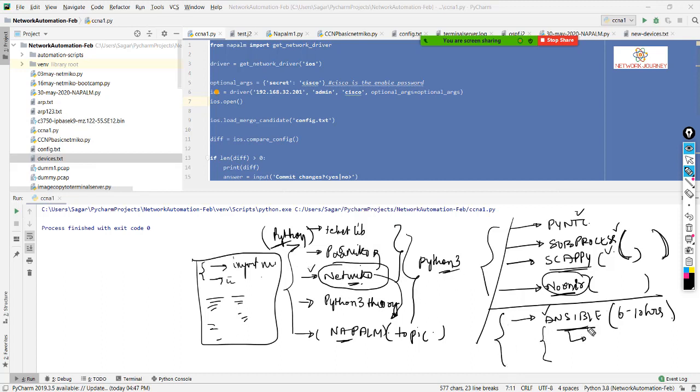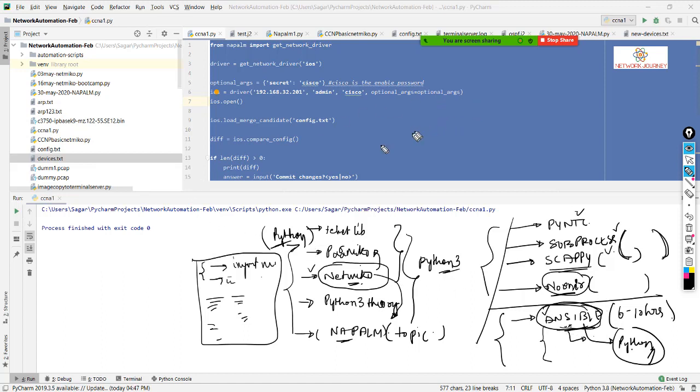Ansible on the other side is a completely different language, a network automation language. And Ansible itself is built on Python. So the back end of Ansible is made on Python. It's all the orientation within Ansible which makes it more user friendly than Python.